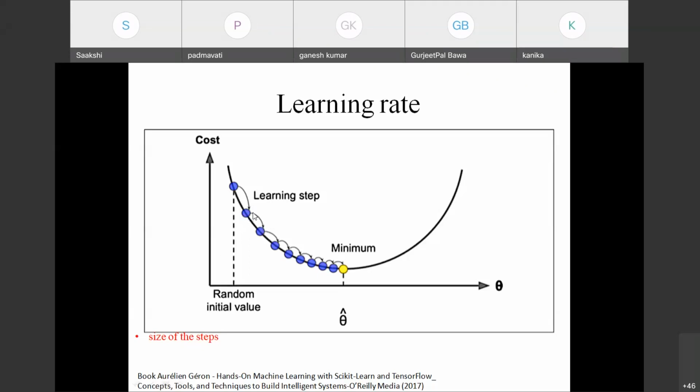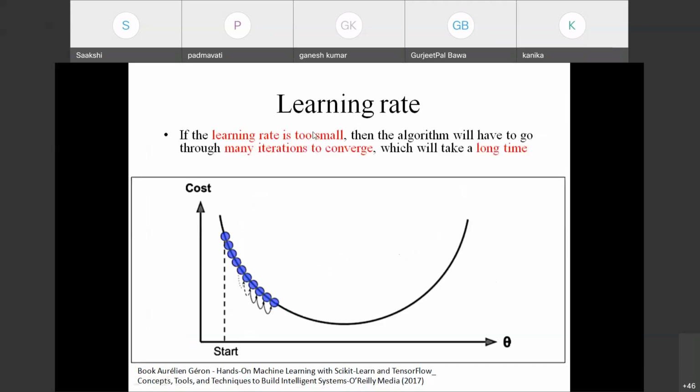So again and again, you repeat the steps to reach this particular point. Once you reach this point, you can easily say that you have reached the global minima value. Now, how does the learning rate affect reaching this global minima value from this particular point? How do I reach it, and how is the learning rate going to help us?